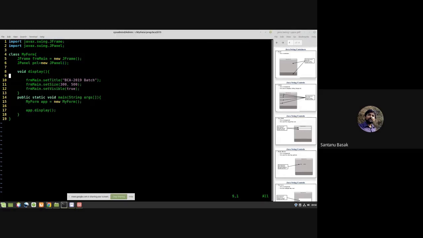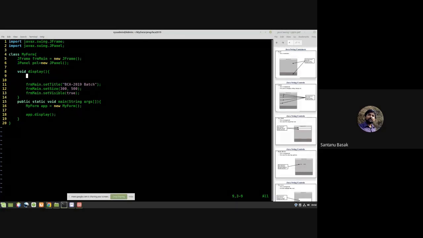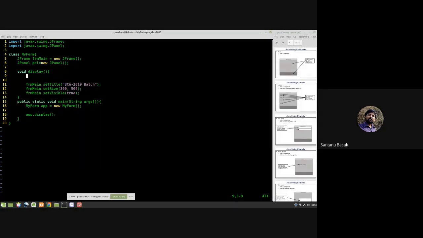We'll add this panel or layer on the JFrame. So for that we will use the JFrame instance, then call the add method, and after calling the add method, we will just pass the panel instance or object.